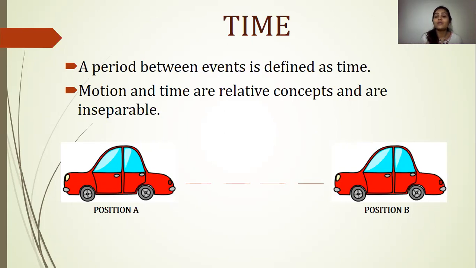Whenever we talk about motion and time, and as we are going to continuously talk about it, motion and time are both related concepts which cannot be separated from each other. Whenever we talk about motion, there comes the dependency on time, because any change that you see may be in the distance or in the position of the object. You can see two pictures here of a car: first on position A, followed by position B.